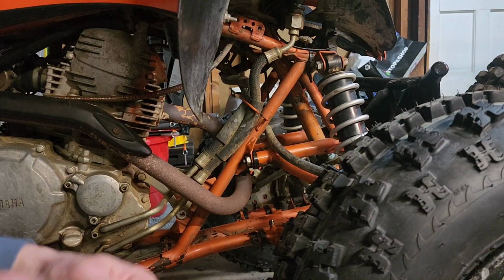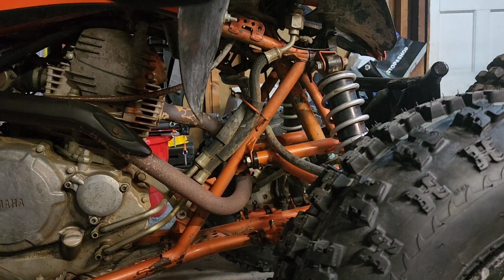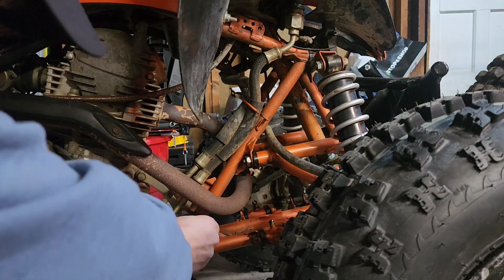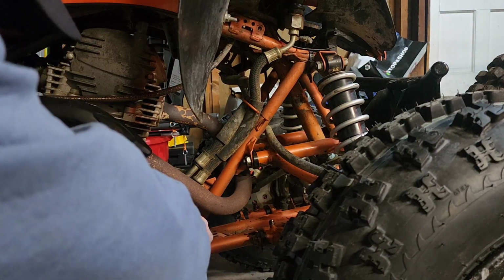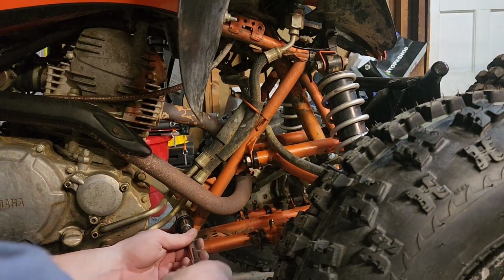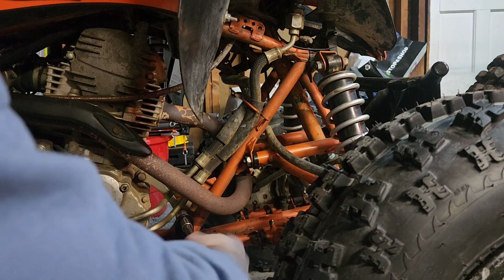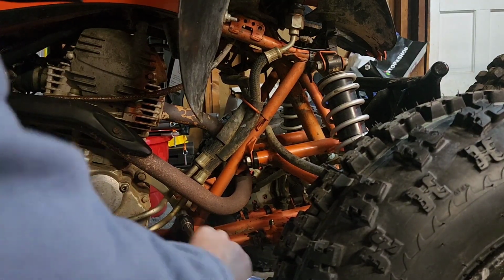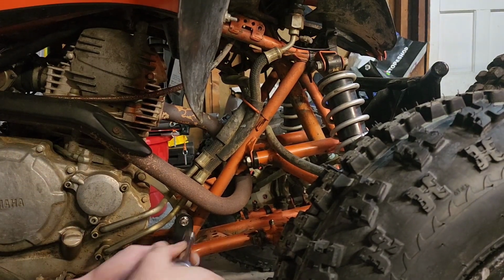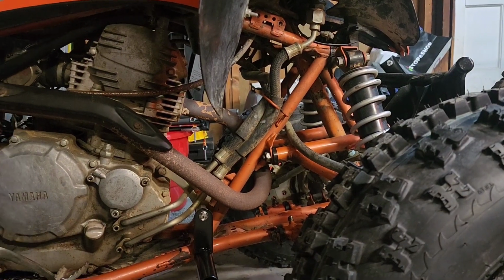We're going to take our long spacer and our long 35 millimeter bolt. Put that through like that, spacer like that, and then in she goes. Hopefully. And we're going to leave that loose. Okay, I want to leave that loose because the next step is going to be